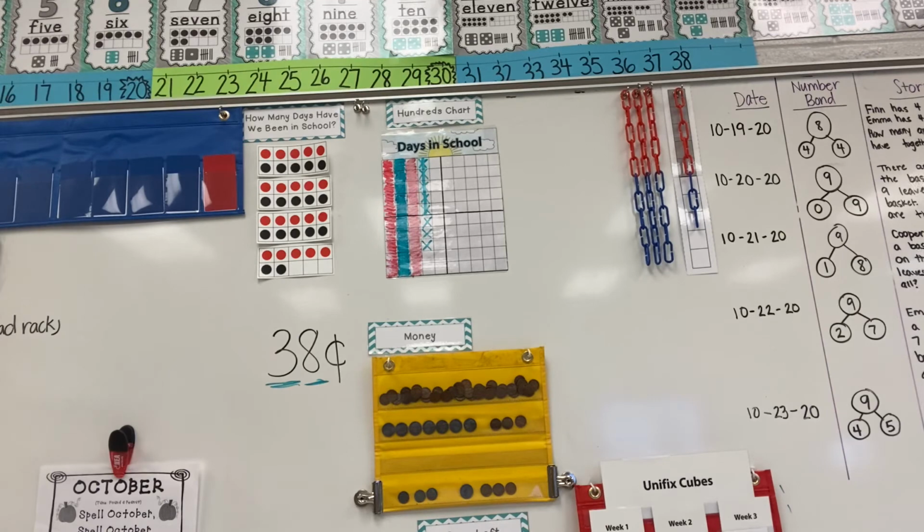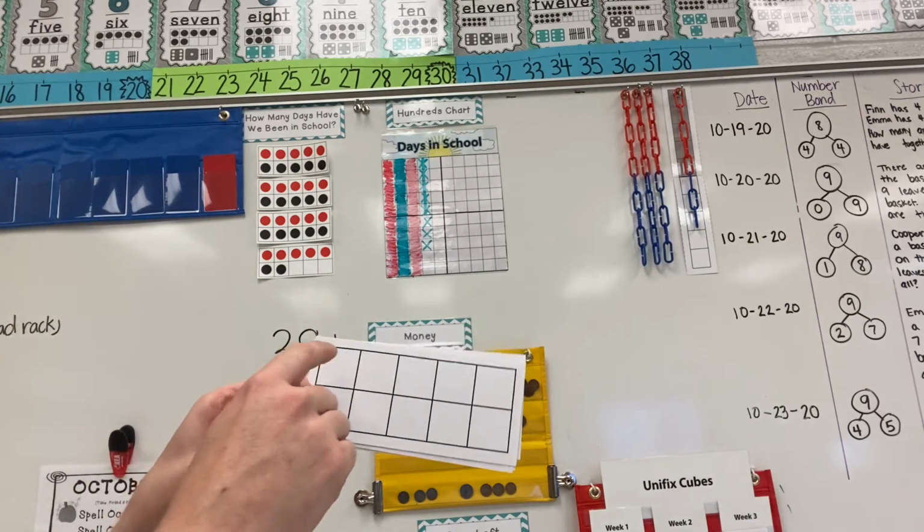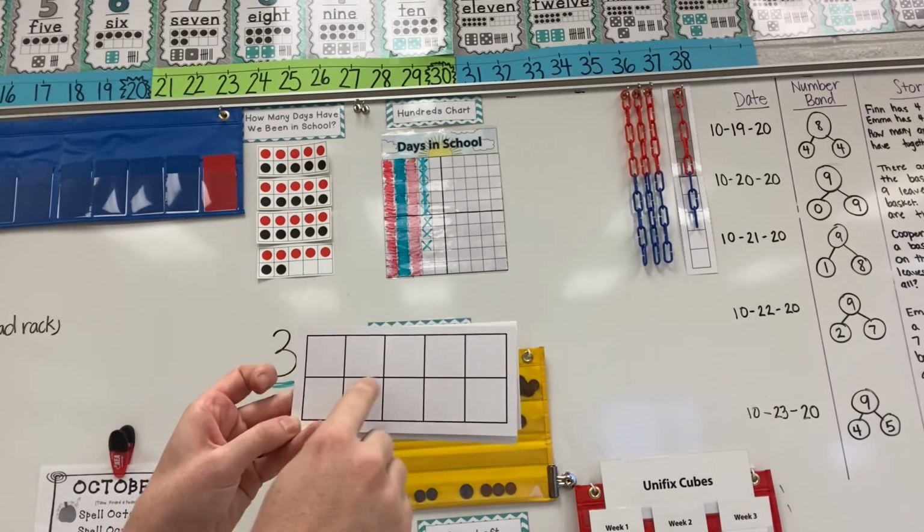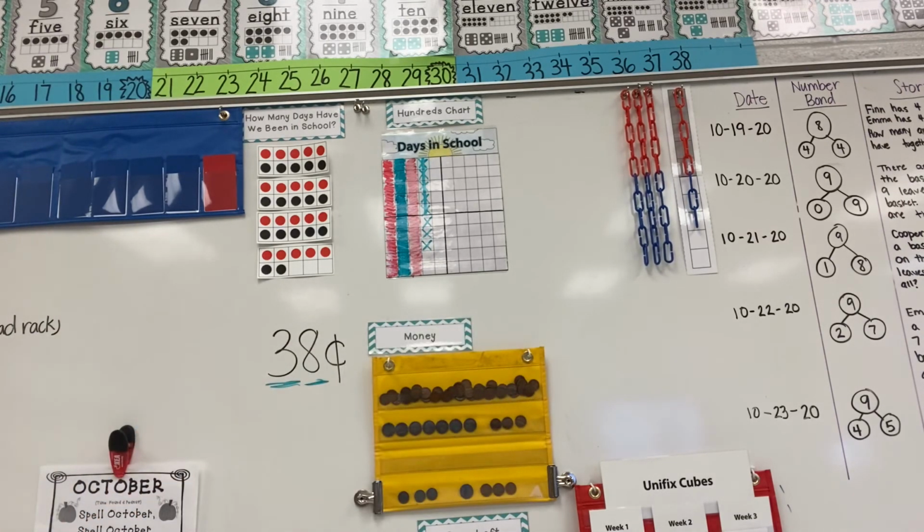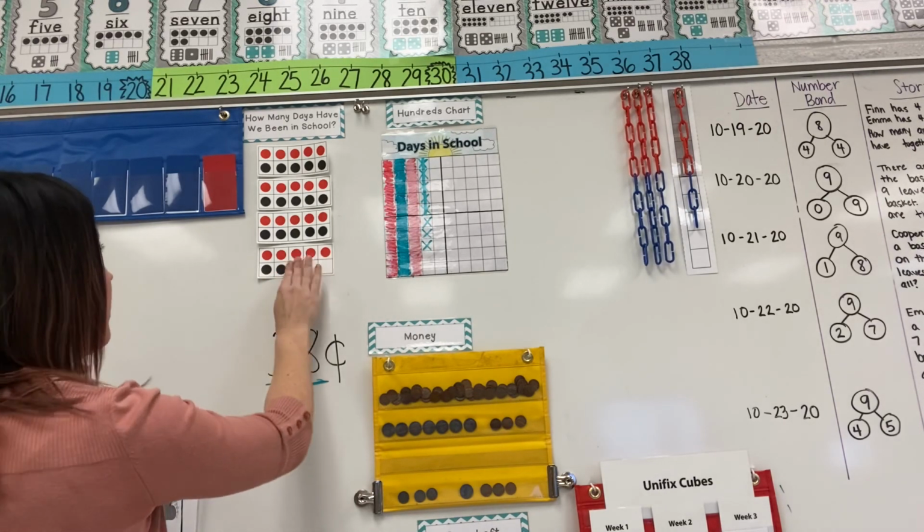And why do we call it a 10 frame? Because it has 10 rooms in it. A 10 frame has space for 10 dots. 1, 2, 3, 4, 5, 6, 7, 8, 9, 10. That's why it has the name 10 frame. All right, we're gonna add a dot. Now,